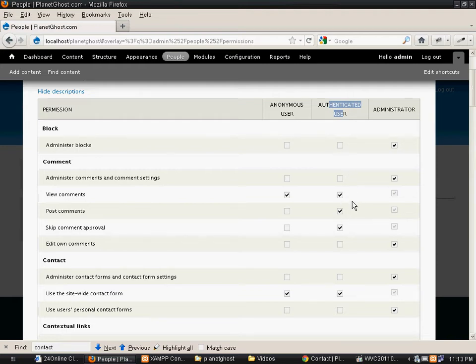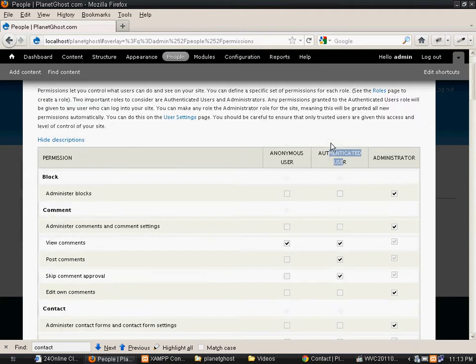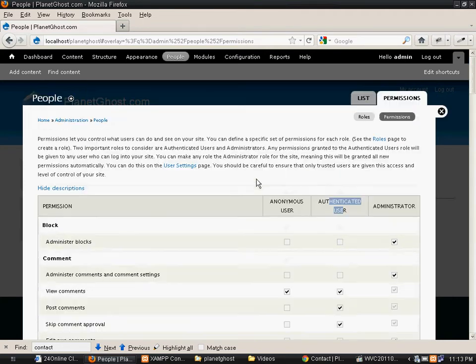We can grant him a few more rights, but we will do that by creating one more sort of user. Say we will call it editor. So to do that we will just click on add role.